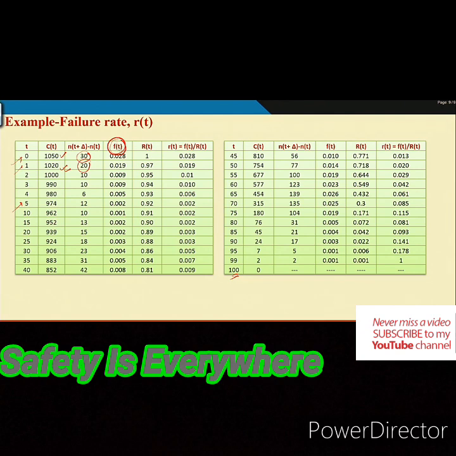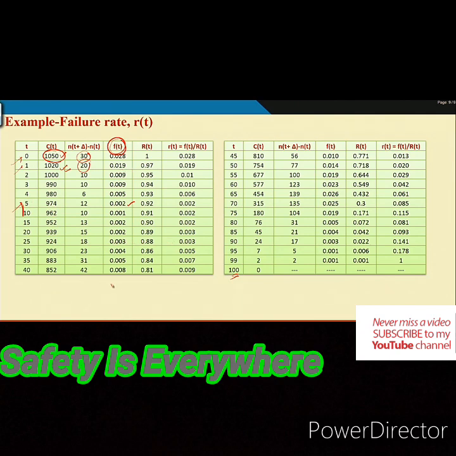If you consider delta equal to 1 all the time, then what you will do is n(t plus delta) minus n(t), divided by the original number put under operation. This will work up to this. After that, what happened here? This minus this is a 5 unit difference, so delta has to be put.